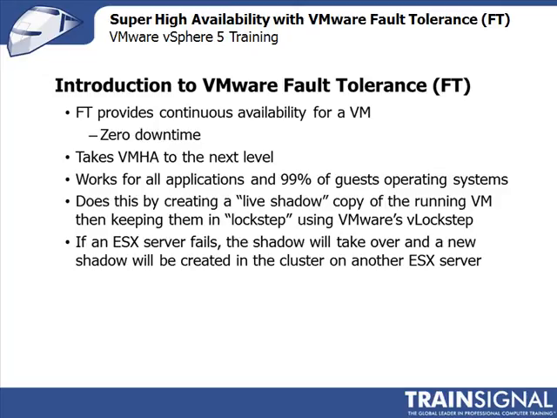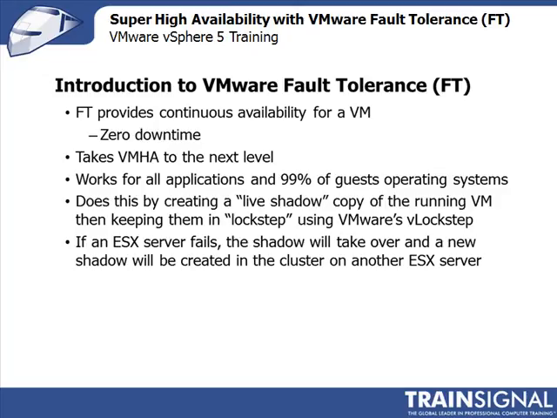So you may be familiar with VMHA, or VMware's High Availability, which provides a similar function. However, with VMHA, the virtual machines actually have to be restarted or rebooted, whereas with VMware Fault Tolerance, the virtual machines are always running no matter what. If a physical server is completely lost, the virtual machines just keep on running. So it takes VMHA to the next level. However, it doesn't work en masse for every virtual machine in a cluster like VMHA does. So VMware Fault Tolerance is for very specific virtual machines, those Tier 1 applications that require that level of continuous